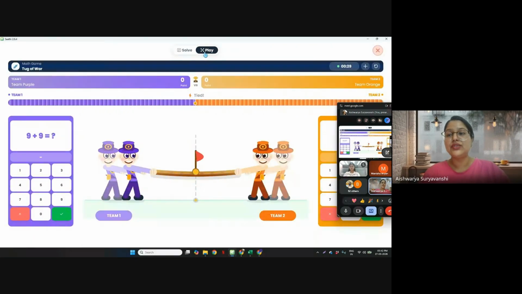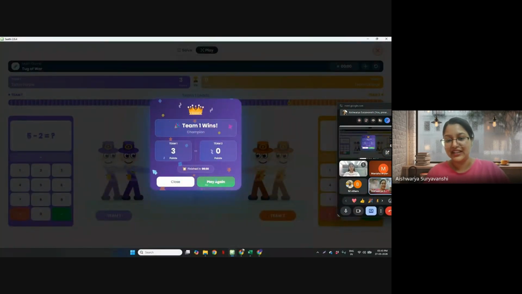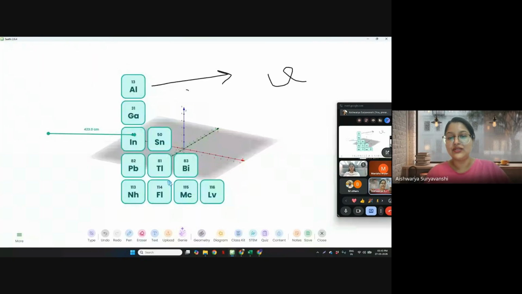Now this is something which you can use as an icebreaker. So if your students are super tired, and if you can sense that nobody in the class is listening to you, you can just bring in random 2 students in the class, and one student can stand here, another student can stand here, and they can start answering questions. So you can see when the student gets a correct answer, the toggle of the student moves forward. So based on that, you'll be able to get a winner, and that's where students feel a little bit more excited. So you can also do that in the class and improve the environment of your class.